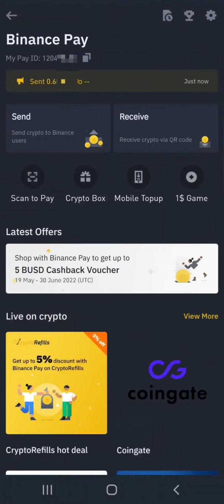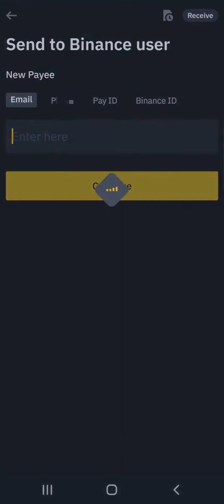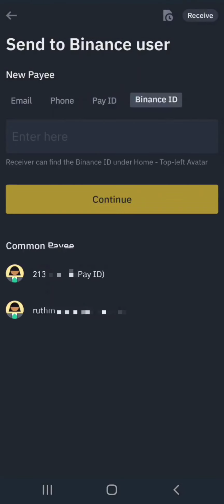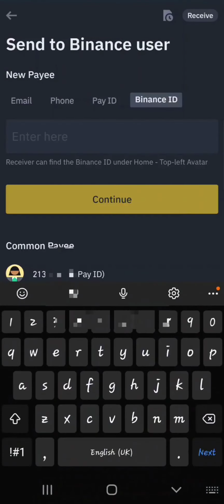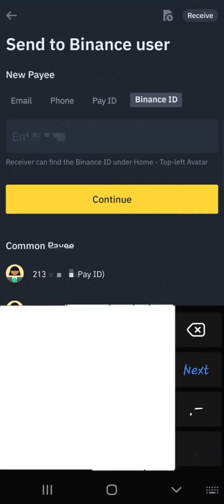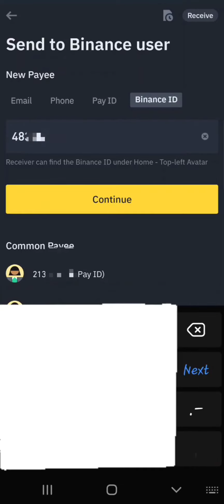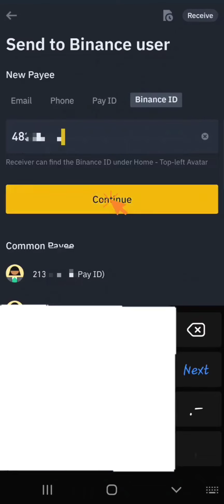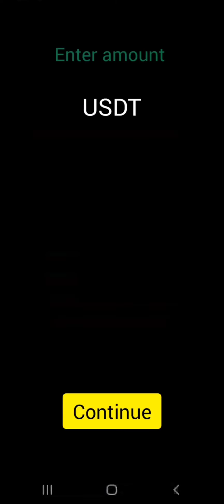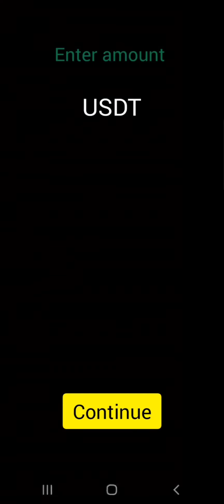So I'm just going to input their Binance ID. Once that is done, click continue, and it is going to bring you to that same page. And at this point, you're seeing a blank page, but it just says enter amount, and the amount is USDT. I'm going to input 0.7, continue,